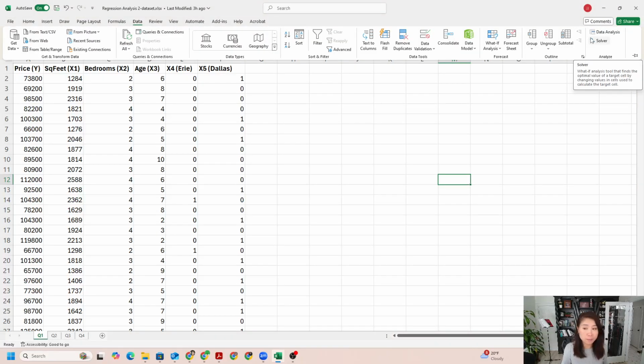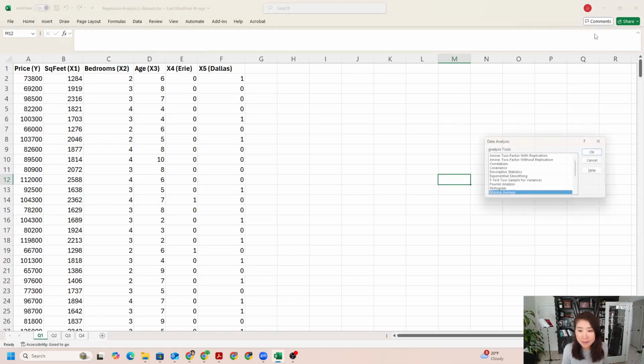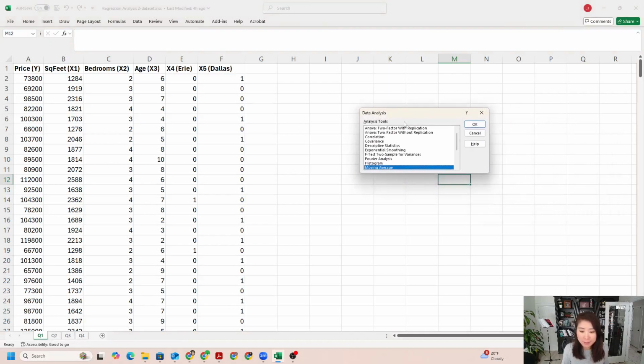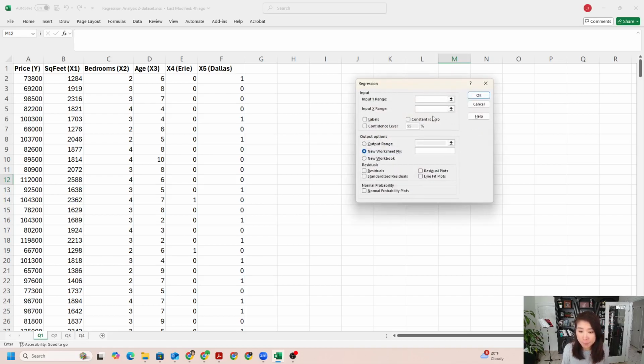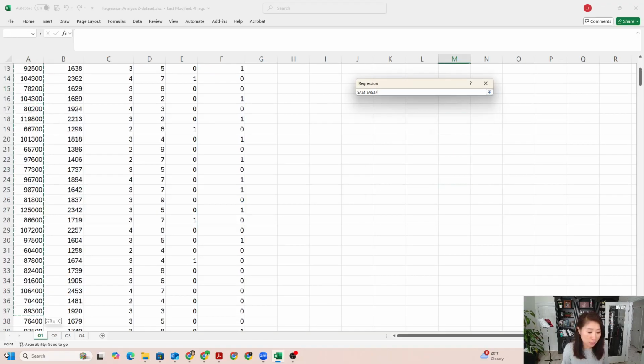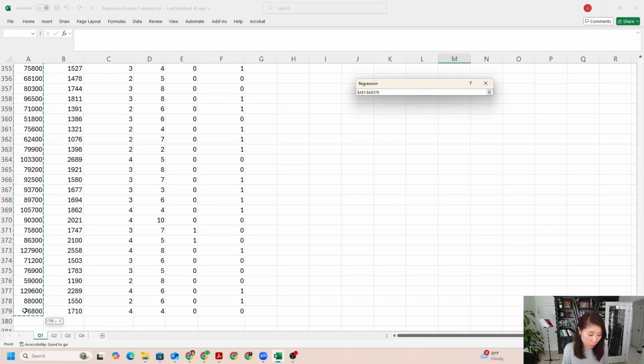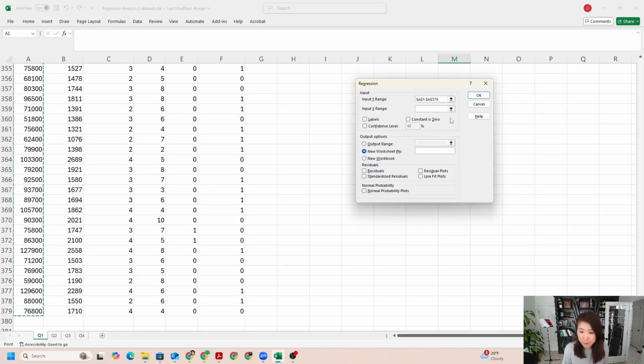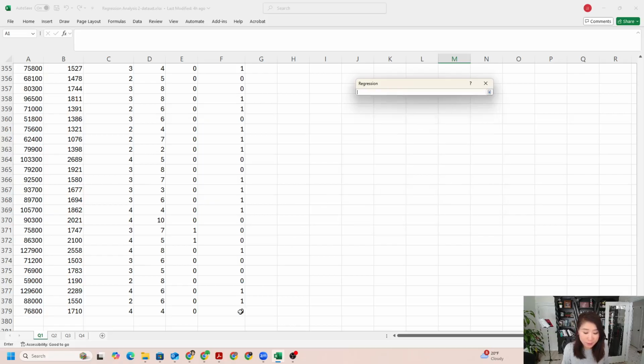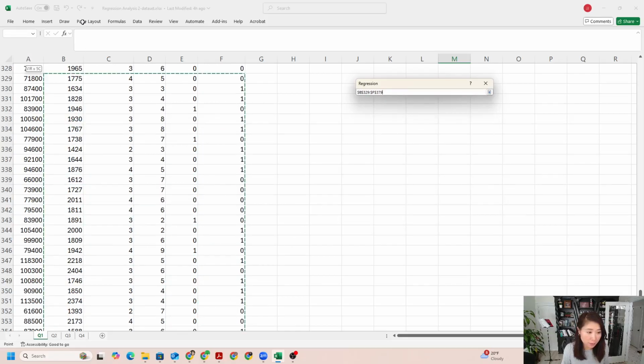At this point, you should be very familiar with this process, right? We go to data analysis, and under data analysis, we choose regression. That is the function we use to get our regression output. So we pick regression and click OK. For my Y range, I will select from A1 to the last row, which is A379. And for my X range, since it's a multiple linear regression model, I will include everything